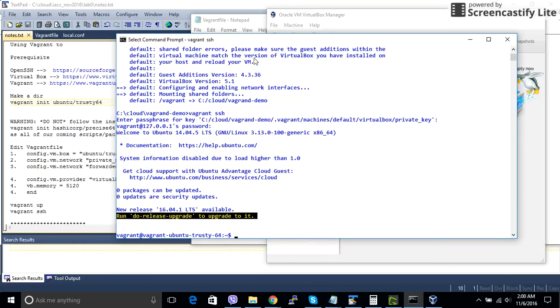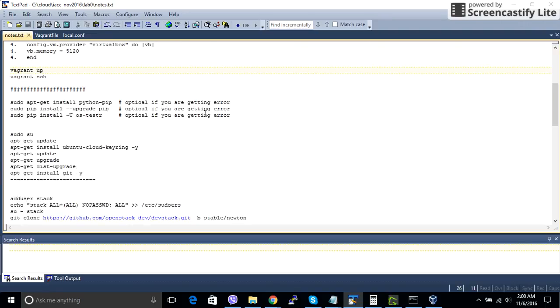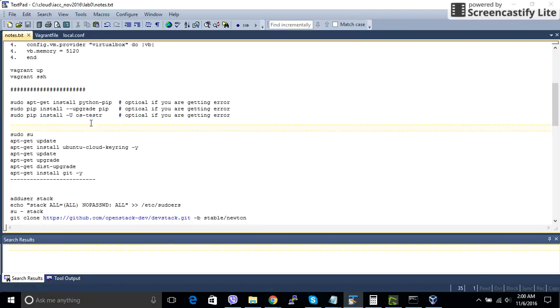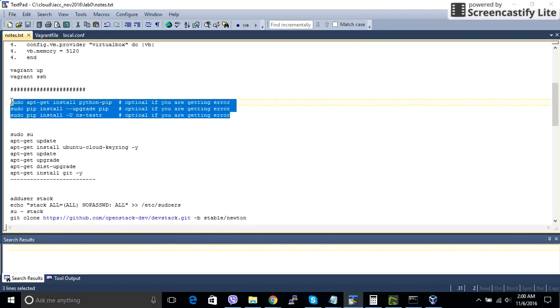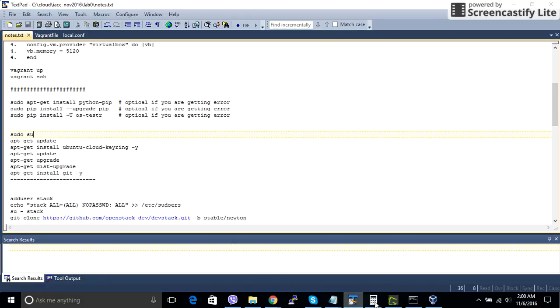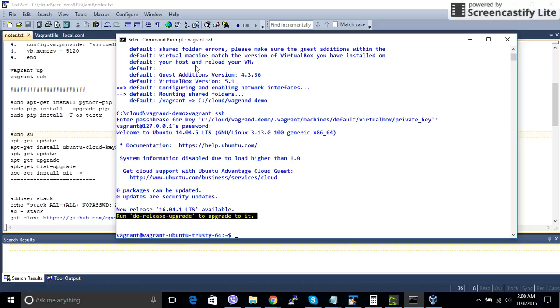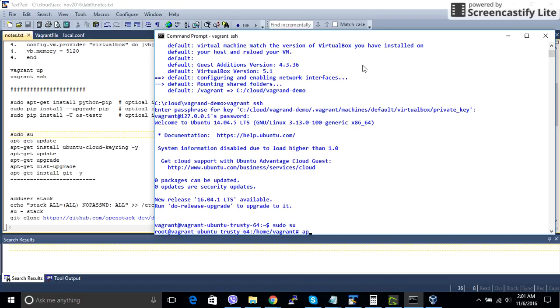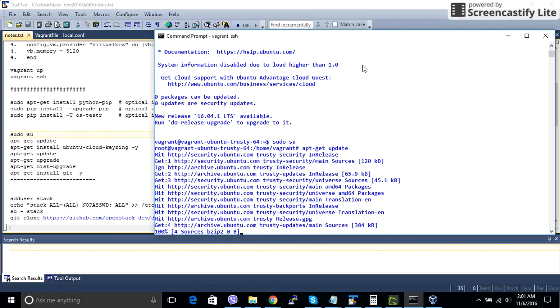Once we are in here, there are a couple of steps we have to do. On my system, initially I was having an issue with the Python package, so I had to issue these Python upgrade commands. But maybe you don't need them. If you run into errors, you can try this one. I believe the box we are downloading was not upgraded, and once they upgraded it, I don't need this command anymore. Now we have to change to super user, then run apt-get update. This is going to update all the packages